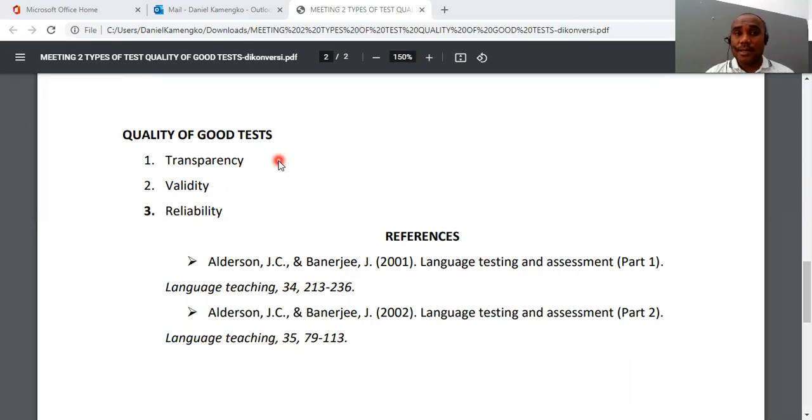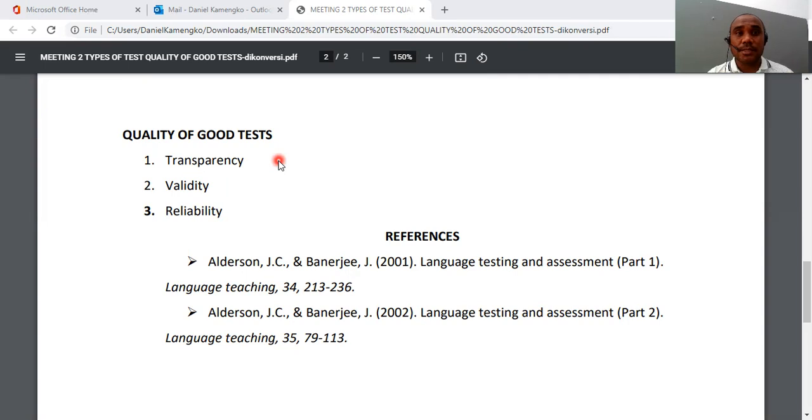Okay, and after students have done the test, it's also not reliable when students get very low scores and you put the students in the same size of class. And of course, that's an unbalanced situation in a class.